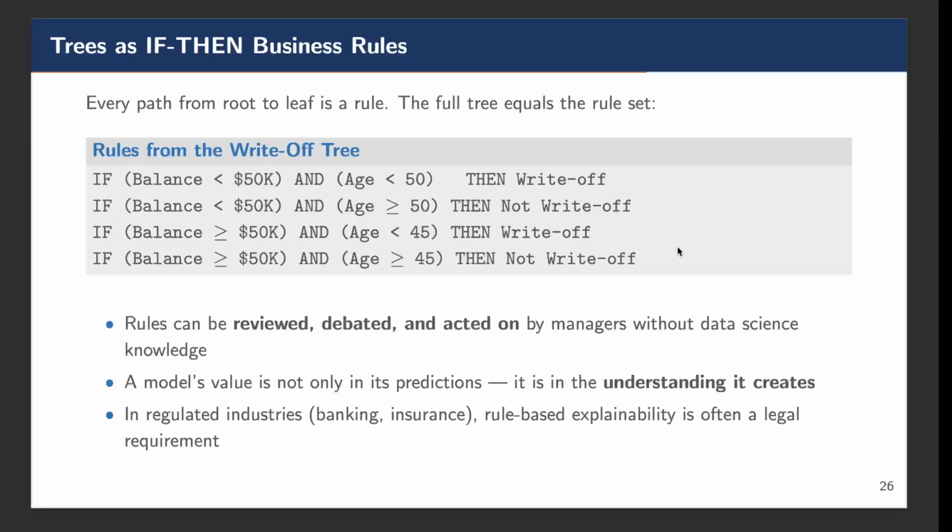Now we see how the trees translate into if-then business rules. Every path is a rule. Like this one, we have, for example, 4 paths here. If balance is less than 50K and the age is less than 50, then write off. And these are all the rest of the rules. The rules are great because we can debate and act on them without needing to be a data scientist. In highly regulated industries, for example banking, the explainability of this model is often a legal requirement, because